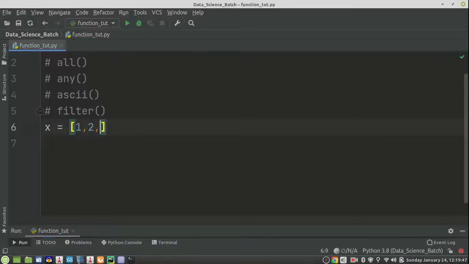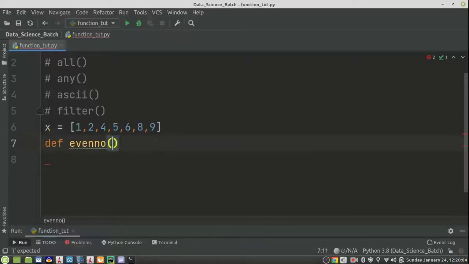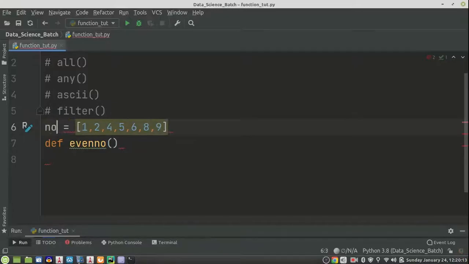So I have a list x, and I write a function even number, and I will pass the list name is no. So it's a no, the number of list. Okay, and suppose I pass one argument to the even number, because I have to pass.